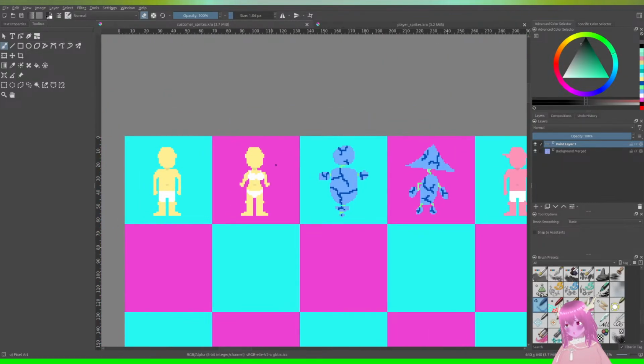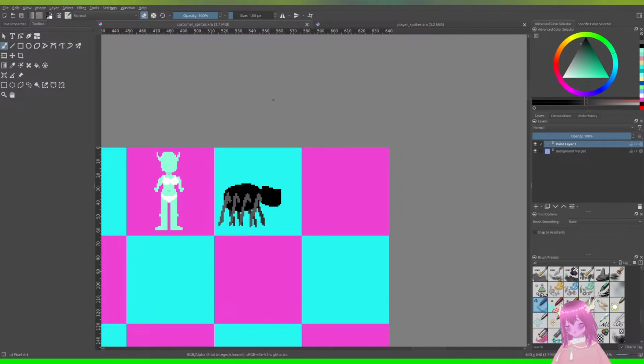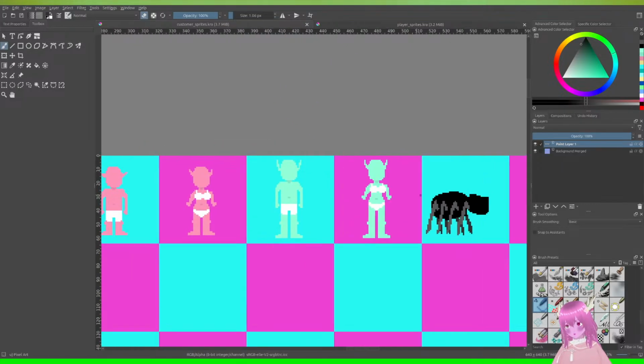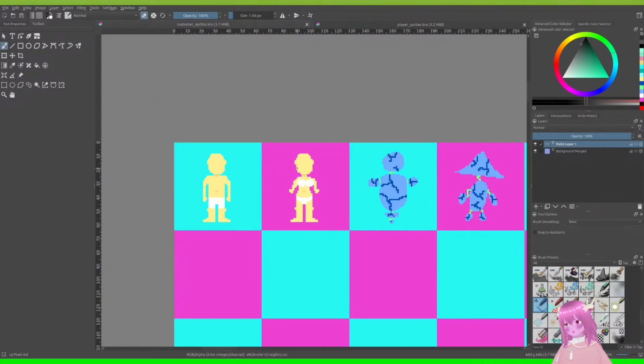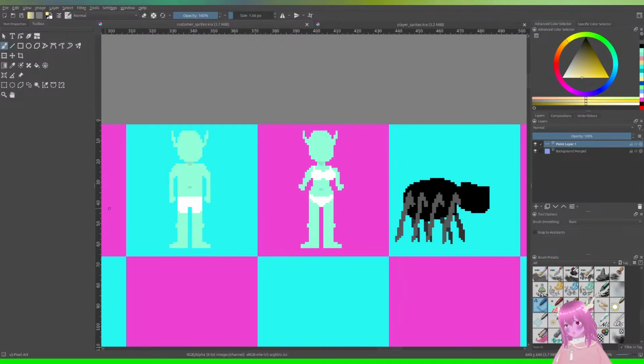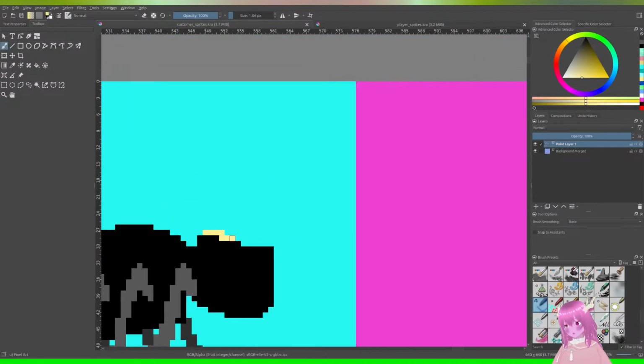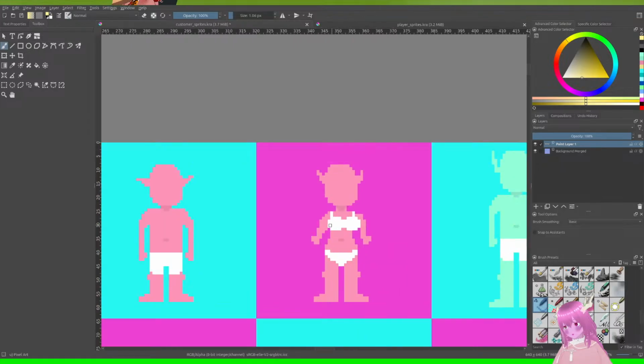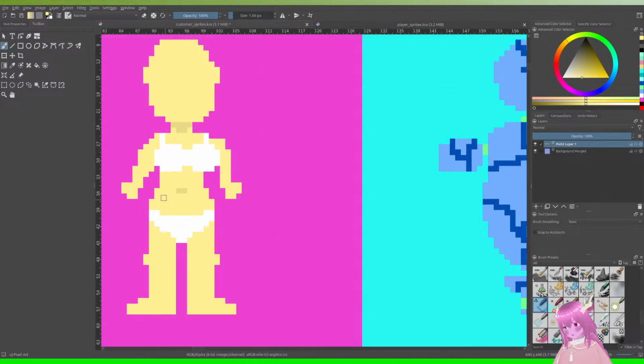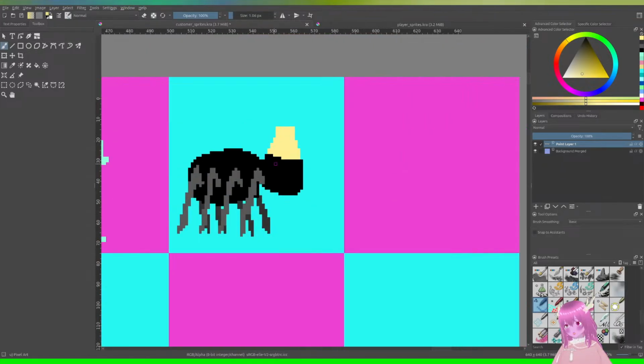Alright. Unlike the humans, she's gonna have... I'm very normal for making this. I've lied. She'll have human skin color. Maybe she won't have normal human skin color.